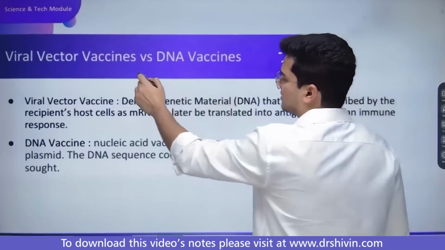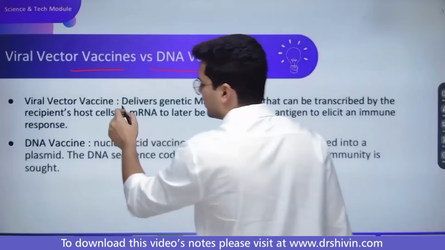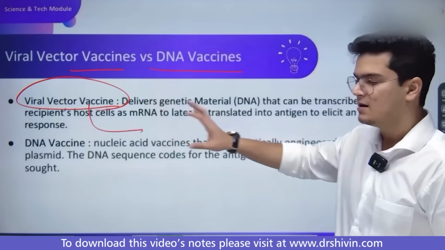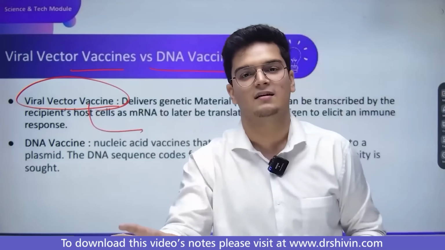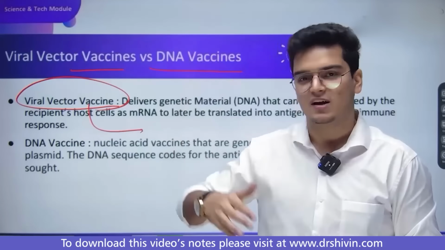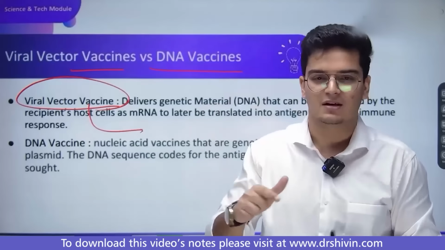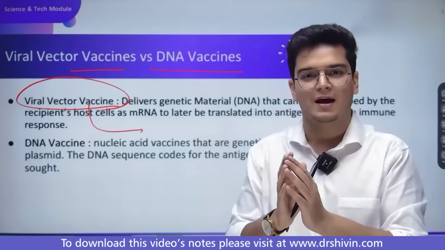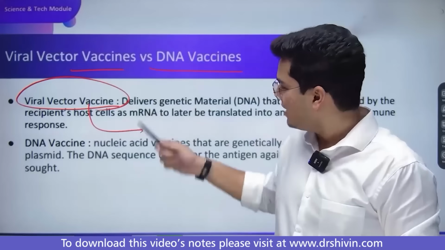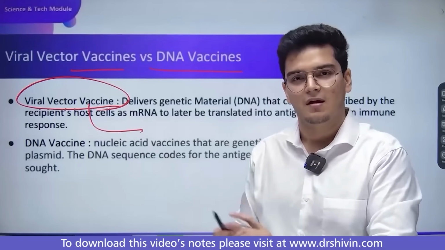नाउ वायरल वेक्टर वैक्सीन वर्सेस डीएनए वैक्सीन. ये क्वेश्चन कई लोगों को था. वायरल वेक्टर वैक्सीन क्या है, नाम से समझो. वायरल वेक्टर वैक्सीन इज अ वैक्सीन दैट इज यूजिंग अ वायरस एज अ कैरियर. मैंने एक वायरस था, उस वायरस में एक जेनेटिक मटेरियल था, उस जेनेटिक मटेरियल में इंफॉर्मेशन थी टू कोड फॉर प्रोटीन्स एंड टू कोड फॉर एंजाइम्स। कुछ प्रोटीन कौन से थे जो उसका कोट बना रहे थे, जैसे कैप्सिड, एंड सम प्रोटीन्स वर एंजाइम्स।